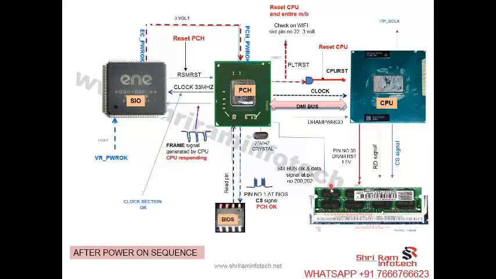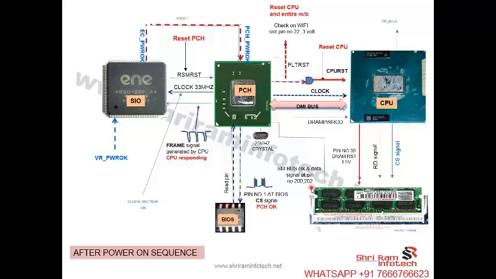And the SPD chip is a chip where all the RAM information is given, like what is the capacity, what is the frequency, who is the manufacturer, all the information is there on that SPD chip. And this communication takes place between the PCH and the RAM slot. You can check this communication with the help of an oscilloscope at pin number 200 and 202. When you connect the oscilloscope on pin number 200 and turn on the laptop, you will see some spikes on the screen.